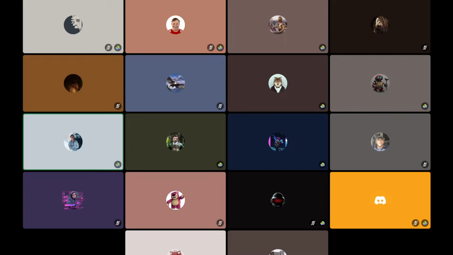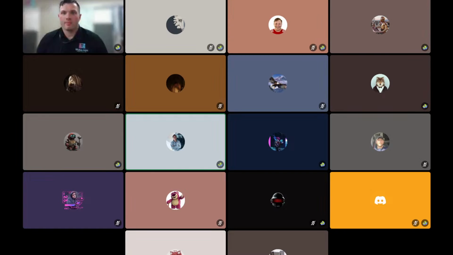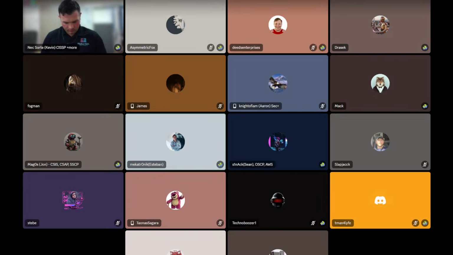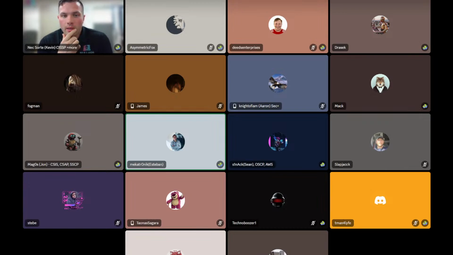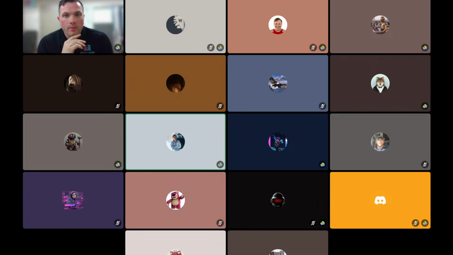I have had scenarios where I had such a long prompt template that at some point the model ends up forgetting what the real meat of it was, and I've realized that there are limits between a prompt and the need for fine tuning. Sorry, my kids are in the background. Once you start asking yourself what the limits are, that's a scenario where maybe the model needs to be fine tuned and you need to use something maybe outside of GPT.